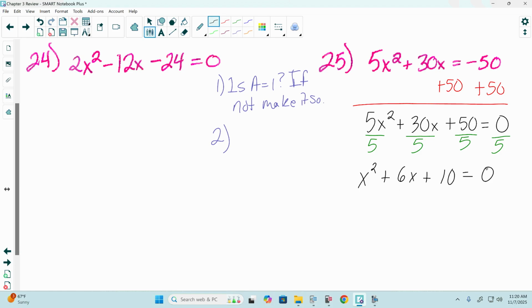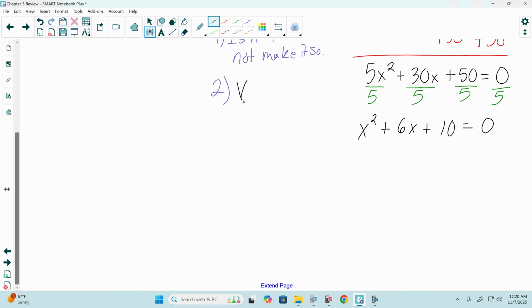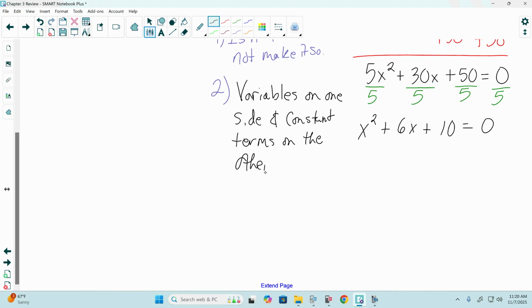Step 2 says we get the variables on one side, constant terms on the other. The variables, the terms with a variable, on the one side. I'm going to write it in a condensed form: variables on one side, and constant terms on the other. Leave 2 spaces. So to do that here, we would